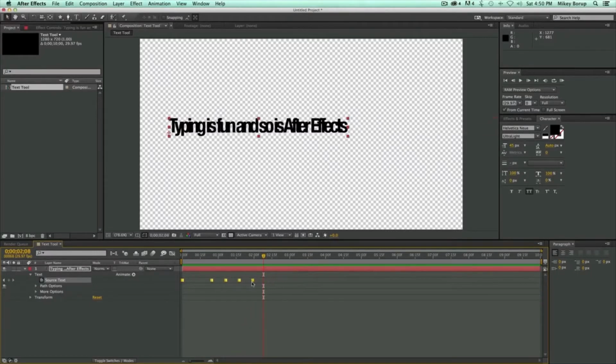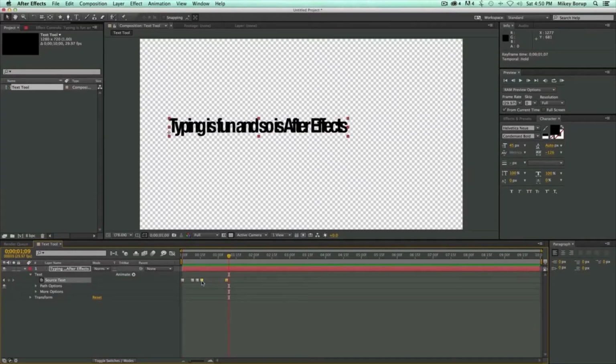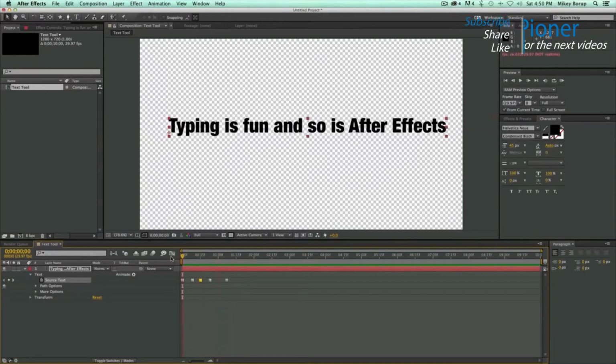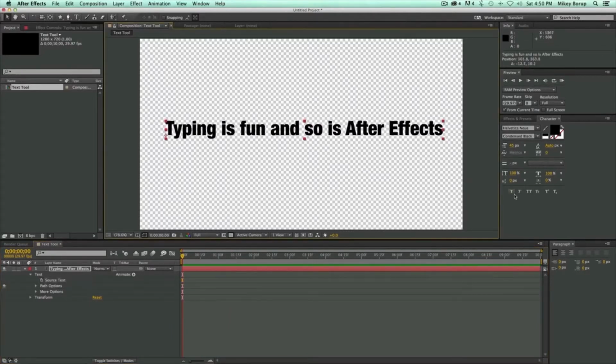Now the downside to doing it this way is there's no tweening. It's either on or off. It's not going to animate in between the different types of typefaces and things like that. It's just going to be a straight switch over. So I'm going to turn this off because there's another way we can do animations on text without doing just the source text. But before we get into that, let's look down here because there's some more options, and